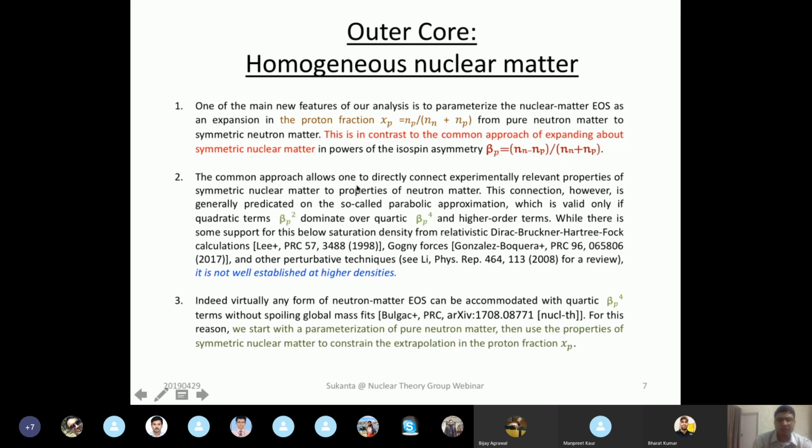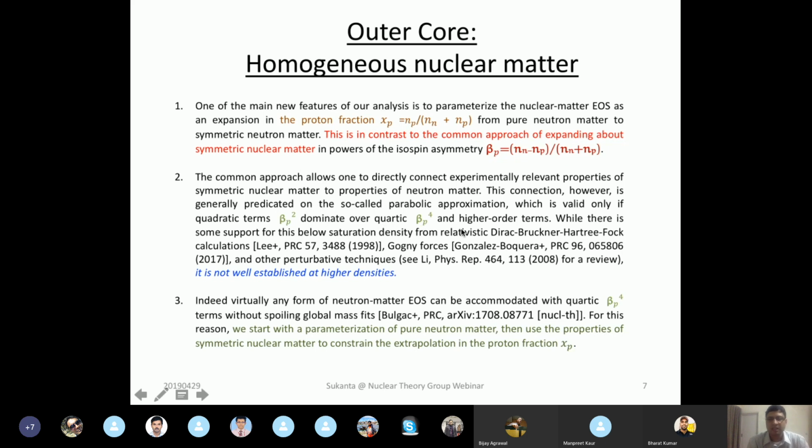The common approach, of course, has proven very useful because it allows one to directly connect experimentally relevant properties of symmetric nuclear matter to properties of neutron matter. This connection, however, is predicated on the so-called parabolic approximation, where we expand the nuclear matter energy in orders of the isospin asymmetry parameter beta p only up to the quadratic term. And this is valid if the quadratic term is expected to dominate over quartic and higher orders,